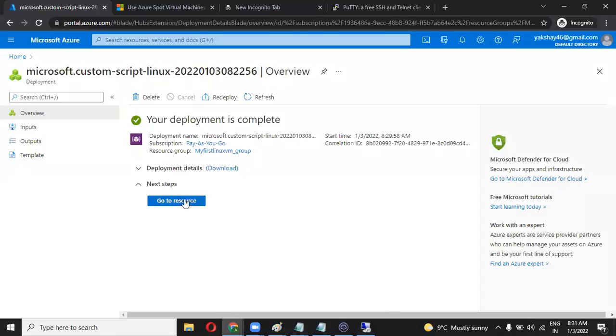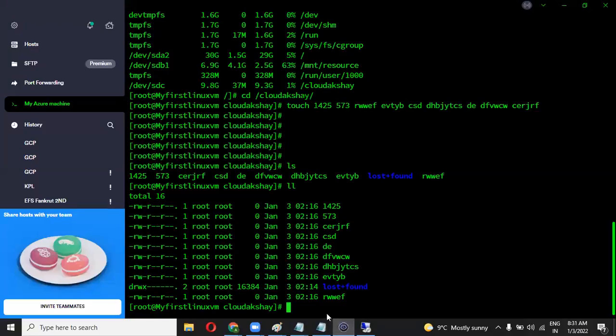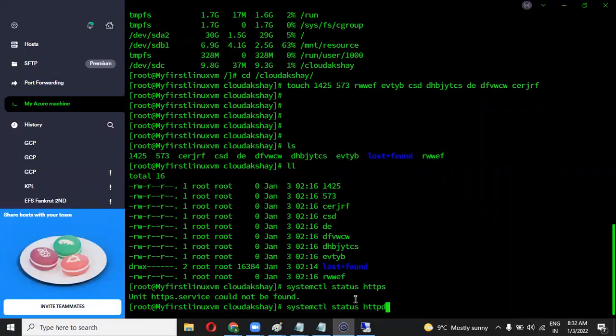Okay, so deployment is completed. Let's go to the resources. Then you can see, refresh it, and let's check on the machine whether the service is running or not. systemctl status. systemctl is used to check the services. systemctl status httpd.